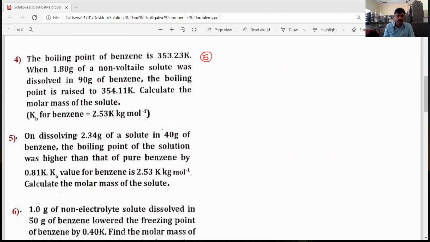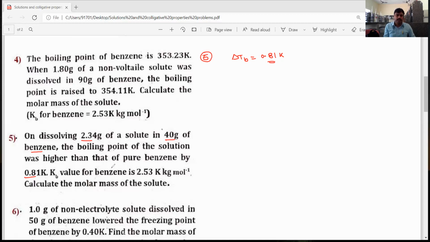The fifth question: on dissolving 2.34 grams of non-volatile solute in 40 grams of benzene solvent, the boiling point of the solution is raised above that of pure benzene by 0.81 Kelvin. Here delta TB is directly given. Delta TB is equal to 0.81 kelvins by the addition of 2.34 grams of non-volatile solute to the 40 grams of